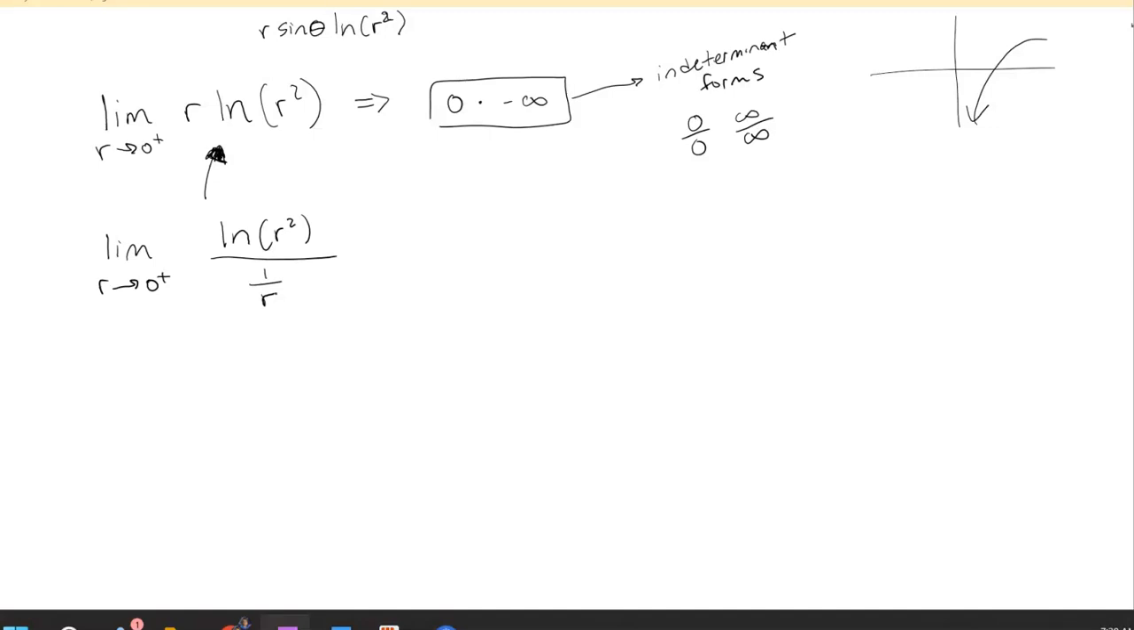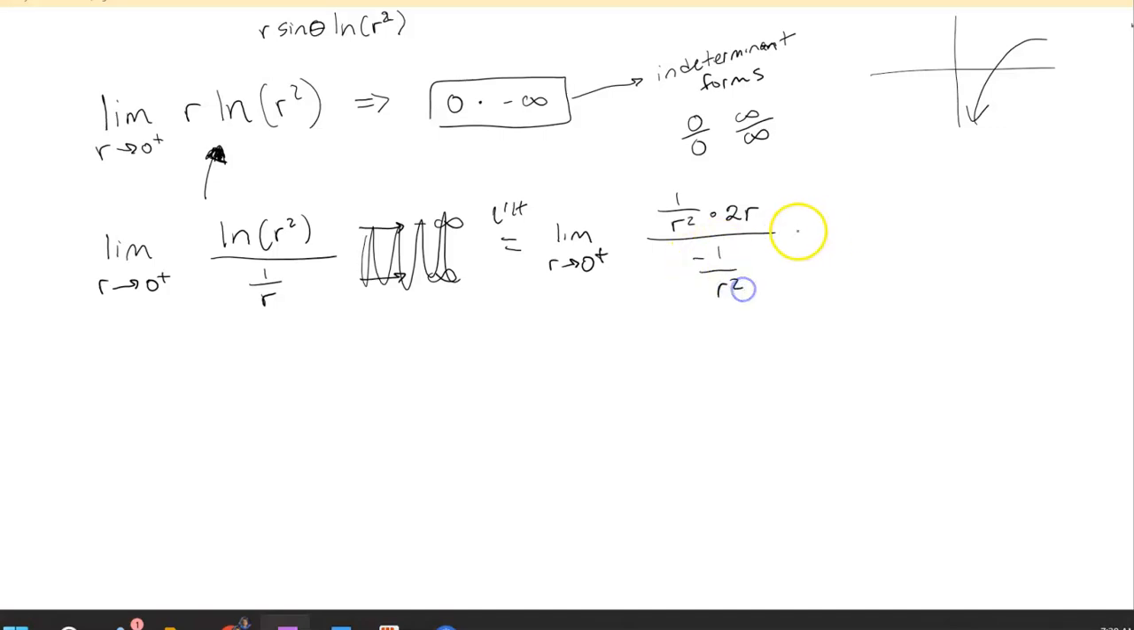Now if you think about the limit of the numerator and the denominator separately, that's going to go to negative infinity, that's going to go to infinity. There's one of our indeterminate forms. Now we can use L'Hopital's rule. So we take the derivative of the top, which is 1 over r squared times 2r,